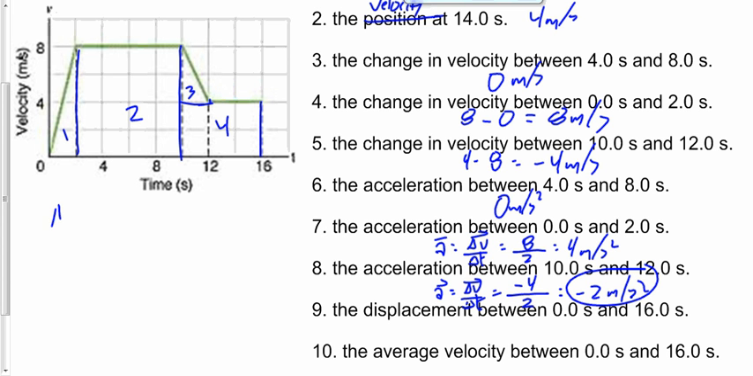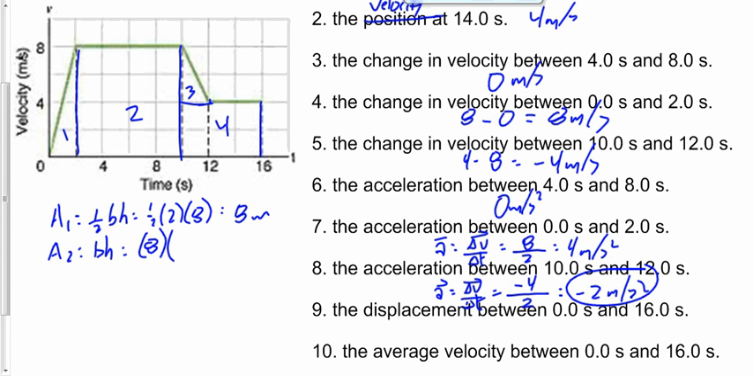Area number 1 is 1/2 base times height. 1/2 of 2 times the height of 8, which is 8 meters. Area 2 is base times height because it's a rectangle. We're going from 2 to 10. So my base is 8 and my height is 8. Area 3,